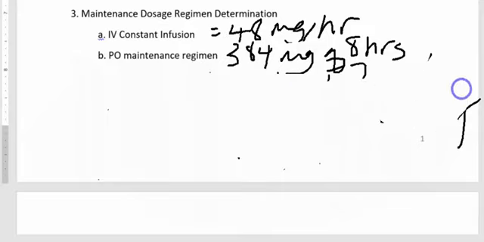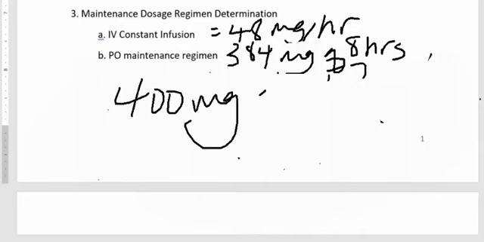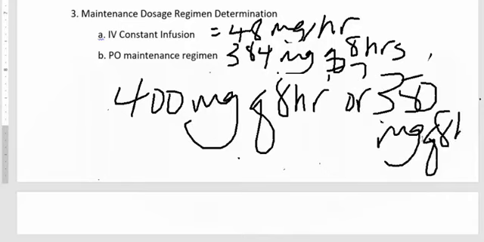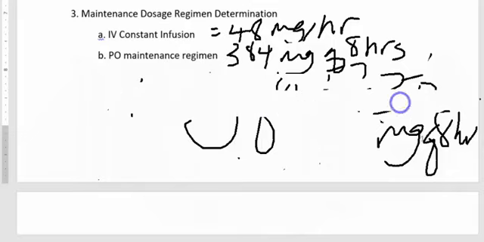It's very rare you're going to be able to give the exact amount, right? So we have the choice of either giving 350 or 400. Now what we're at, we're actually closer to 400. So let's say if we want to give 400 milligrams Q8 hours, or 350 milligrams Q8 hours. We can go back and determine what the concentration is going to be at each of those dosing regimens. Let's do that quickly. So, if we give